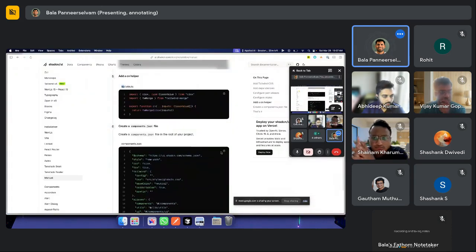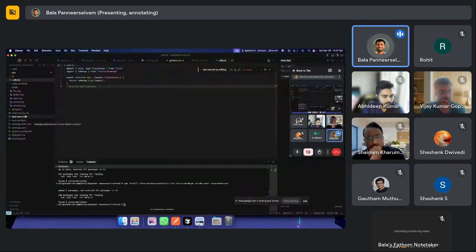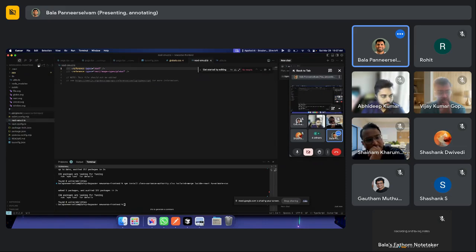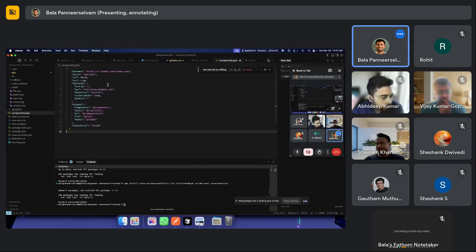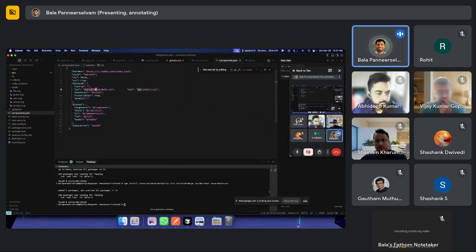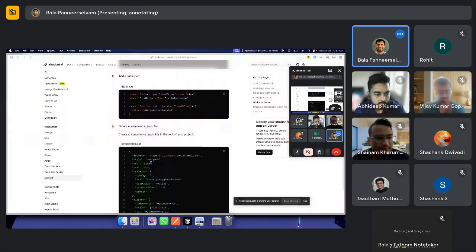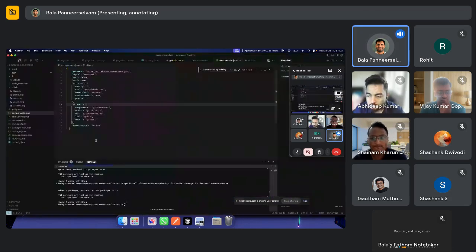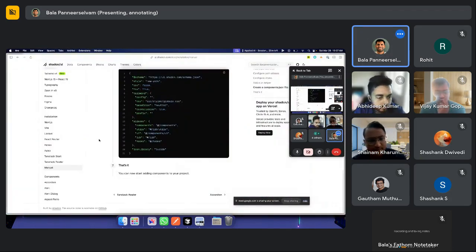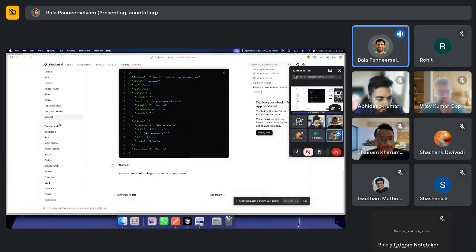Okay. And finally create a components.json. Just check the things. There's src styles, right? So instead of that, we should say app styles. Okay, that's it. So now what we can do is we can just go to each of the components and